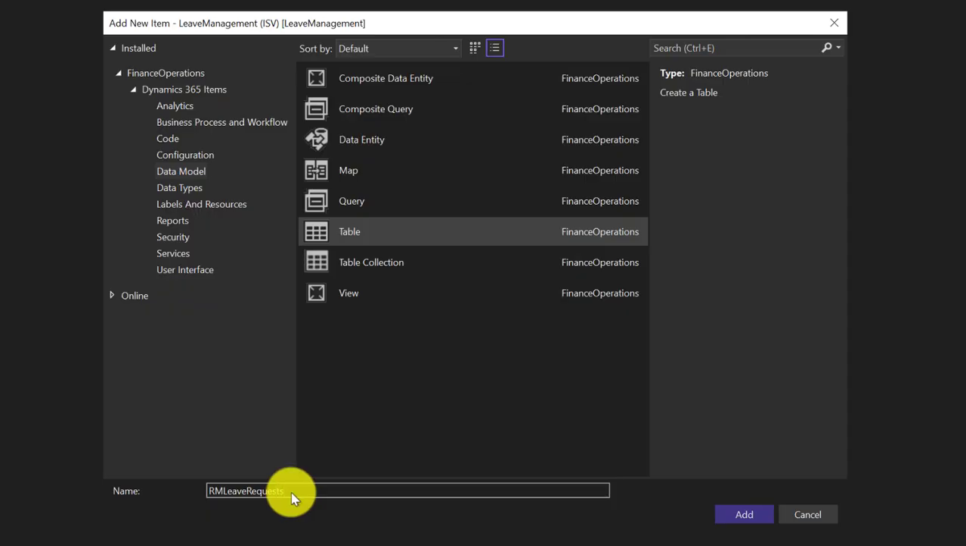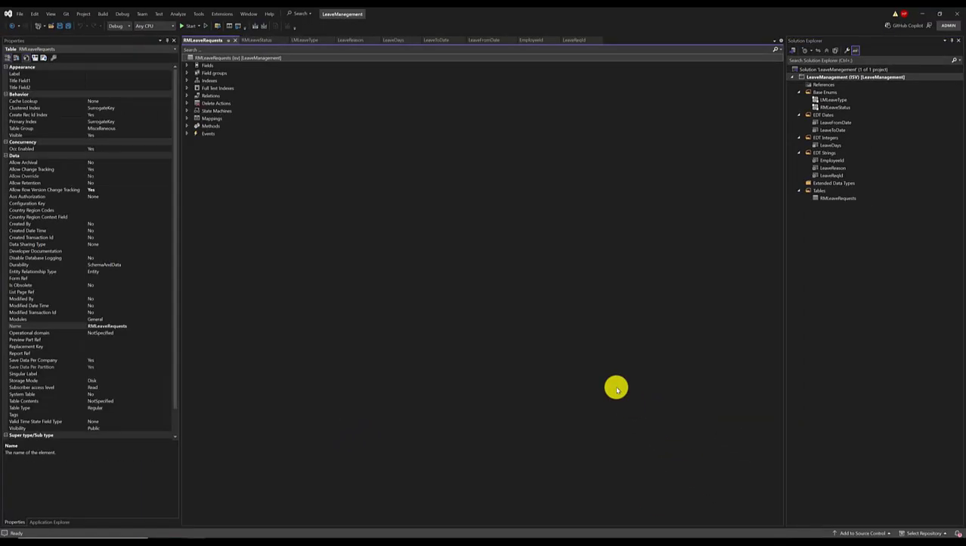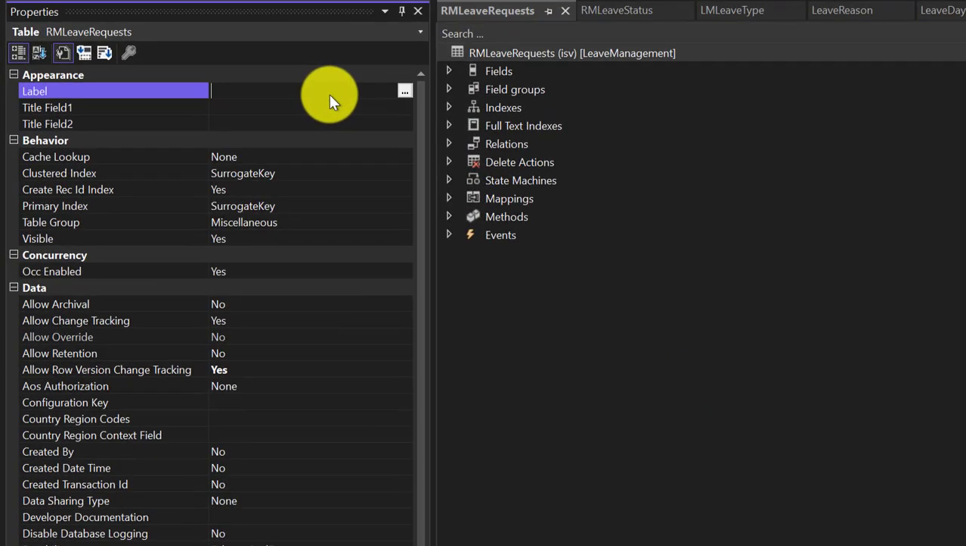Before adding any fields, let's first understand the table properties at a high level. We are not going to configure everything right now. We will play with all these properties in detail later. For now, the goal is to understand what these properties represent conceptually. Let's start with the appearance properties. Label defines how the table is referred to in the user interface. Title Field 1 and Title Field 2 define which fields represent the record in lookups and references so users can